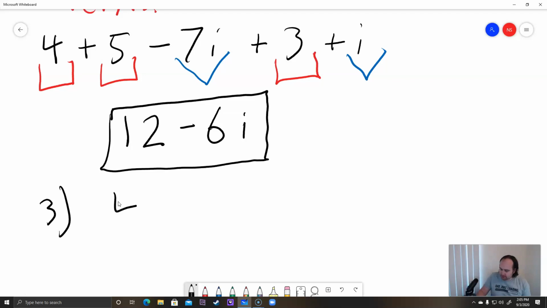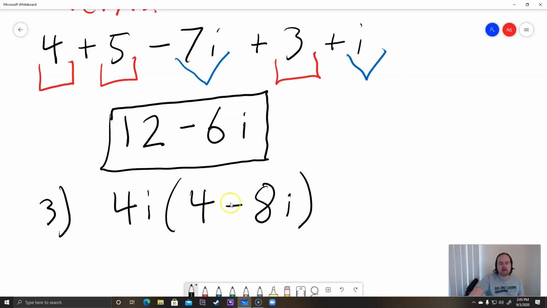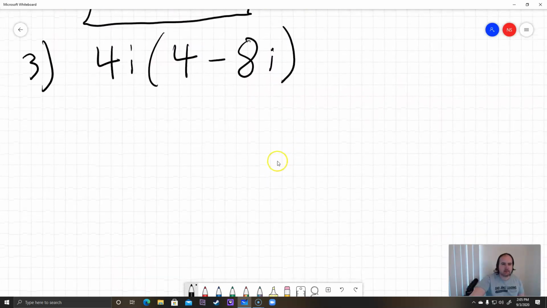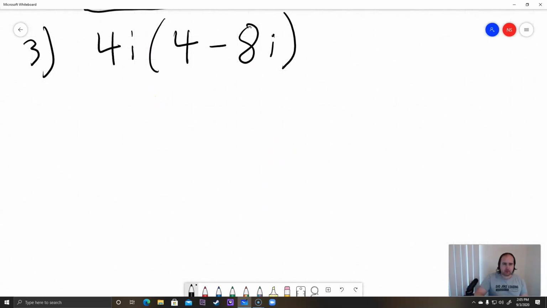Here we need to multiply 4i times the quantity 4 minus 8i. Okay, so 4i times the quantity 4 minus 8i. So you treat i exactly like it were a variable. So i works just as if it were x or y or anything else. So what we do here is we distribute the 4i to each term. And you don't just distribute the 4, you distribute the 4 and the i. Okay, so when you distribute to each term,